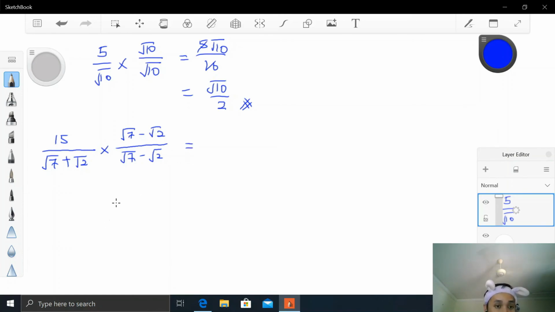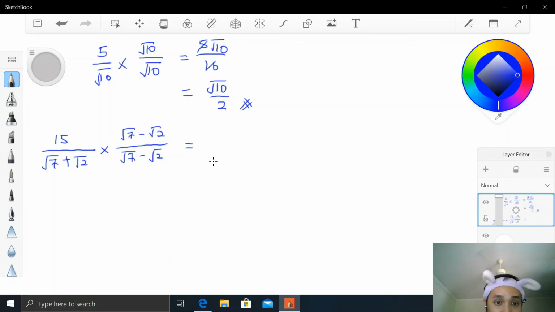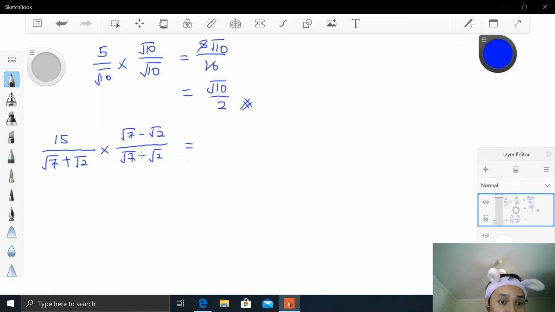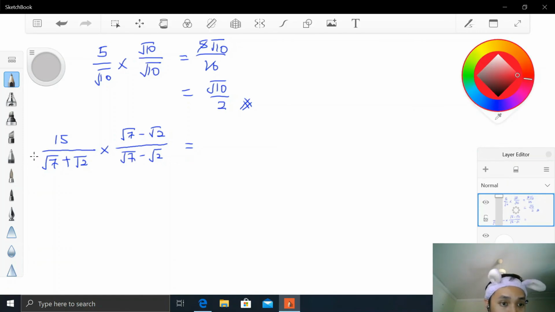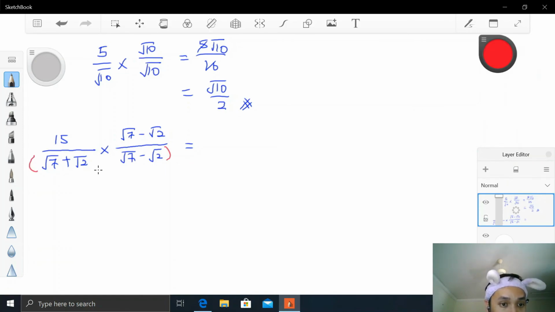So I'm going to multiply the one in the bottom. You're going to do something like a quadratic expansion. There's a reason why we multiply by the conjugate surd, so I'm going to show you this part here. When you multiply it like this,